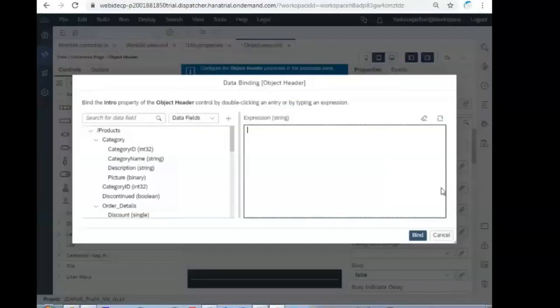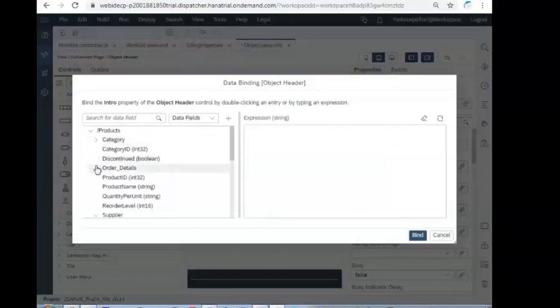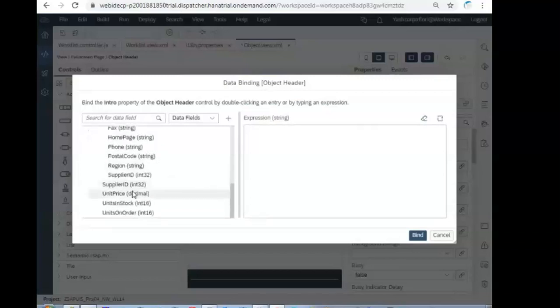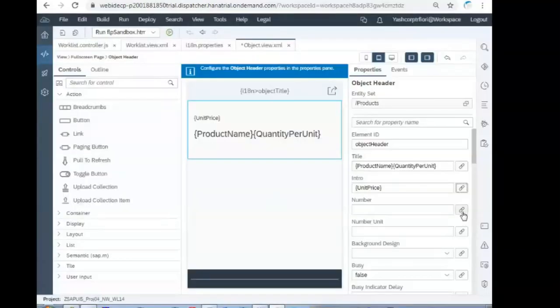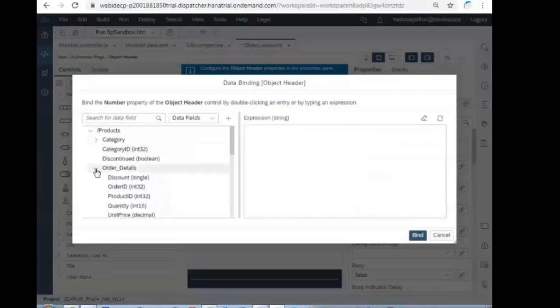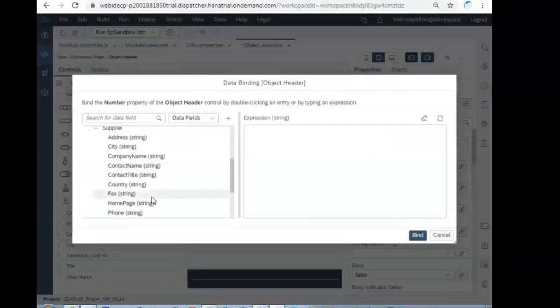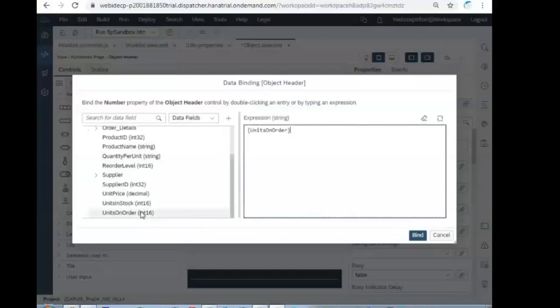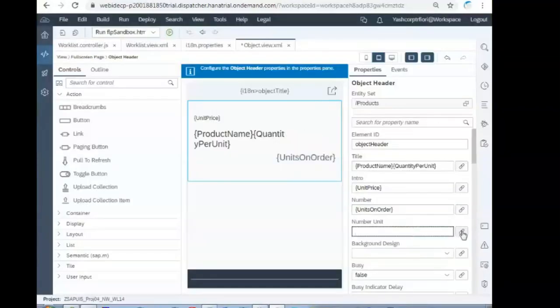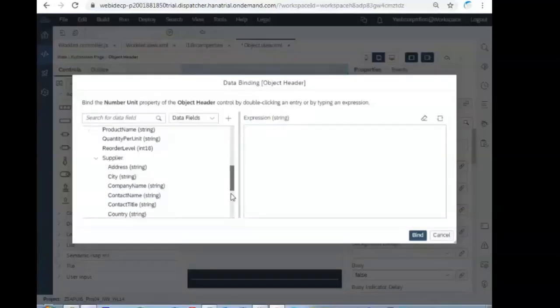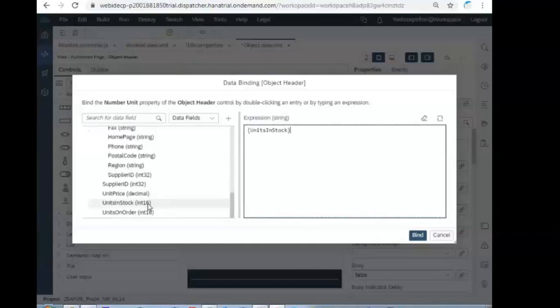Intro. Unit price. Number. Units on order. Units in stock.